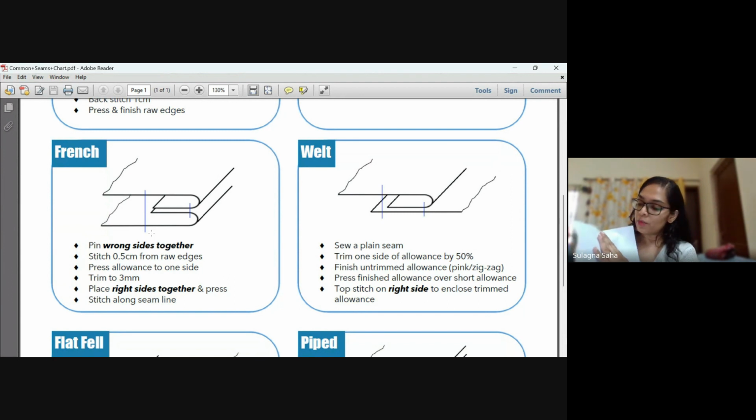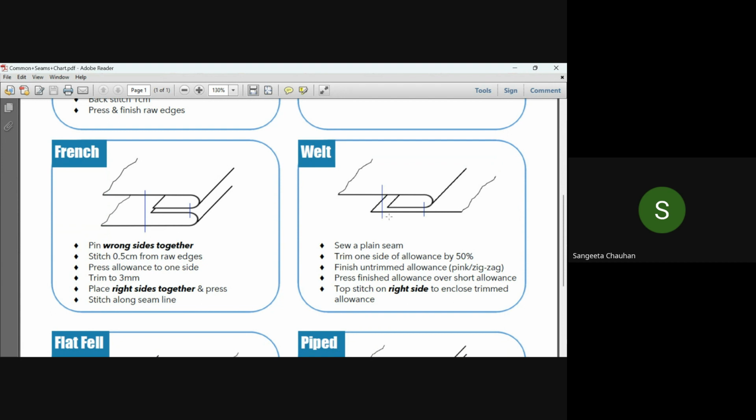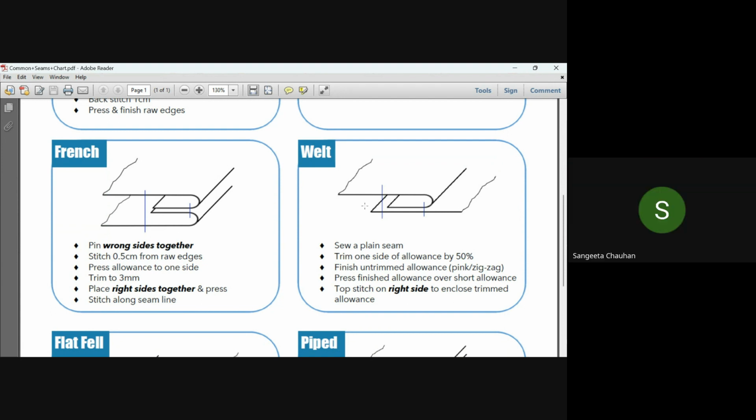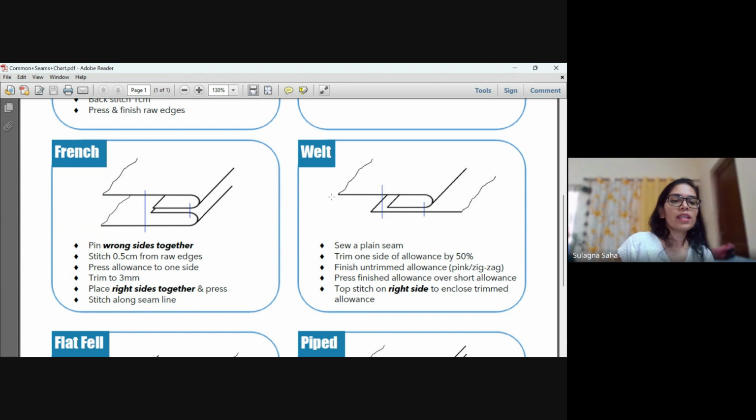ठीक है, जिसमें हमें कुछ नहीं दिखेगा. This works very well with your chiffon and georgette fabrics, the fabrics which are sheer, and it's a very strong seam. Okay, used a lot in dresses and skirts, at times in other formal garments. Blouses में भी अधिकतर हम यही करते हैं. जी मैम, ब्लाउज बनाते हैं तो उसमें अधिकतर यही करते हैं।